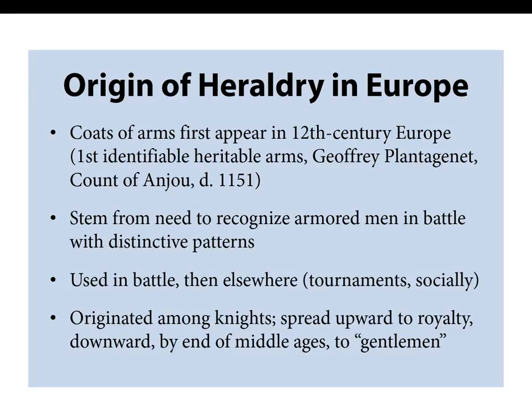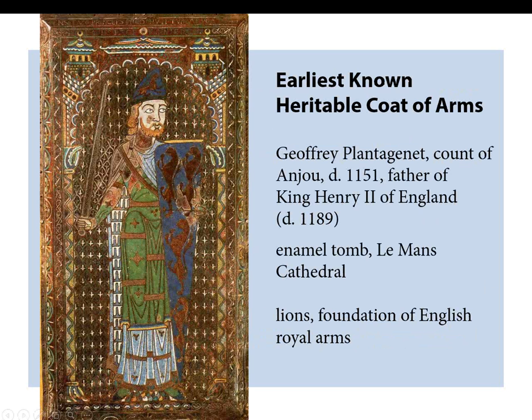The first identifiable inheritable coat of arms belongs to Geoffrey Plantagenet, the Count of Anjou, who died in 1151. He was the father of King Henry II of England and the ancestor of all the British monarchs, essentially, ever since. I'm going to move to the next slide so you can see it. His tomb slab, a beautiful full-size portrait in enamel in the Cathedral of Le Mans in France,